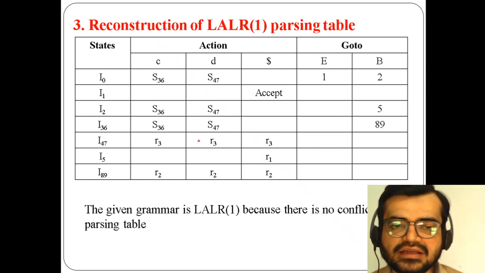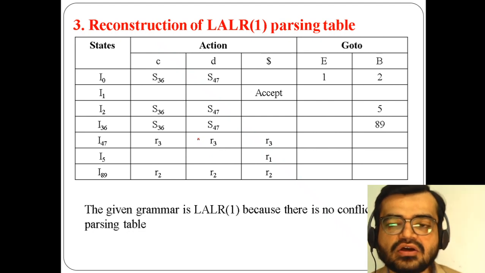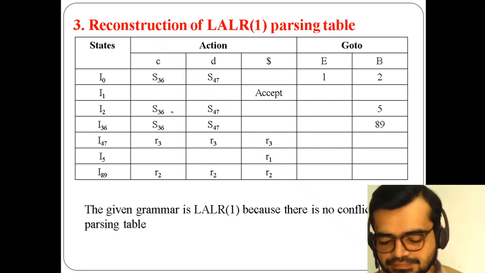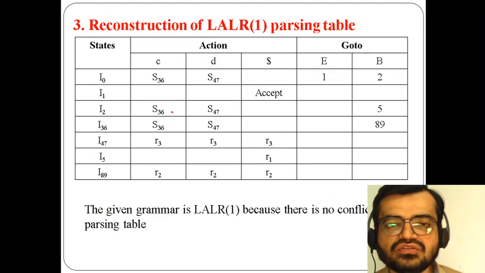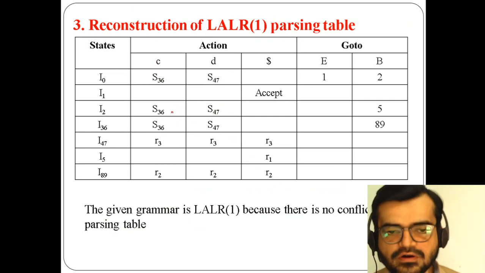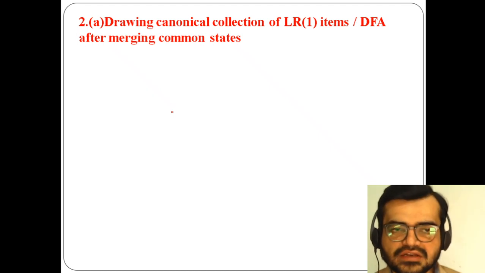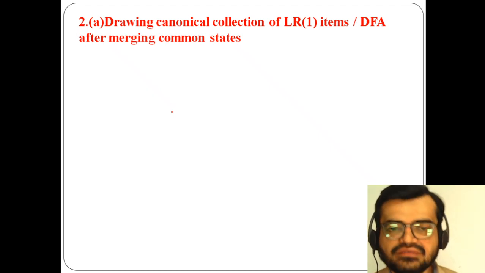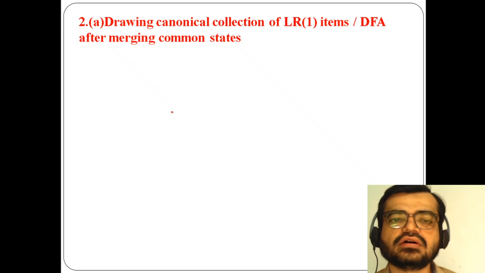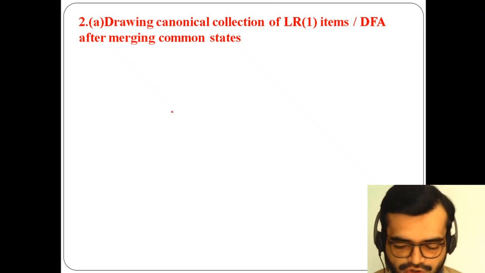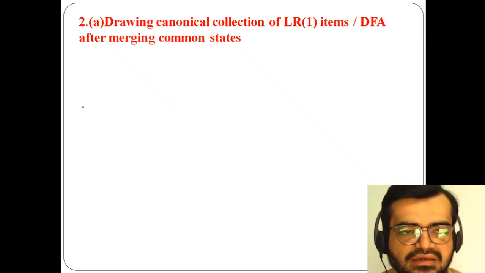Now for this grammar, we need to draw the canonical collection of LR items for the merged states. So for that purpose, how do you need to take them? Okay, so in this way, using this table we need to perform this after merging. Finally we need to draw these merged states. Okay, so how are we going to merge them? That is one of the questions here. The same thing as I did here.